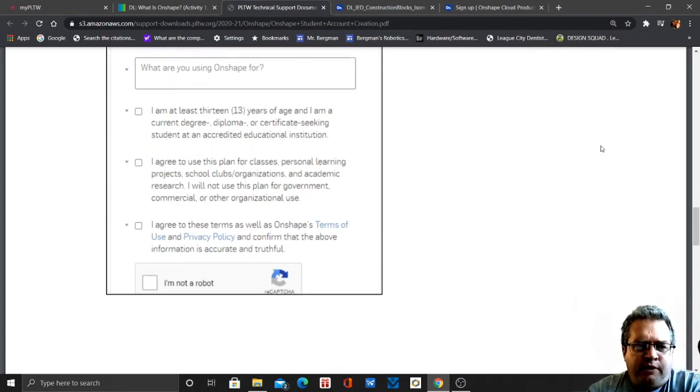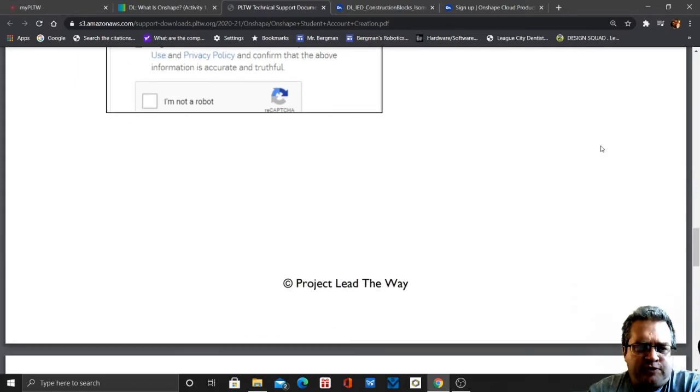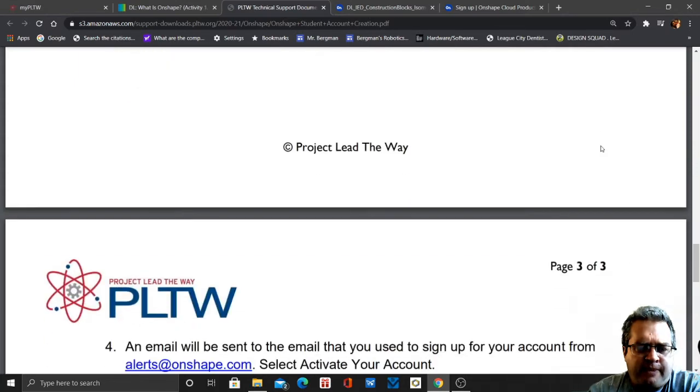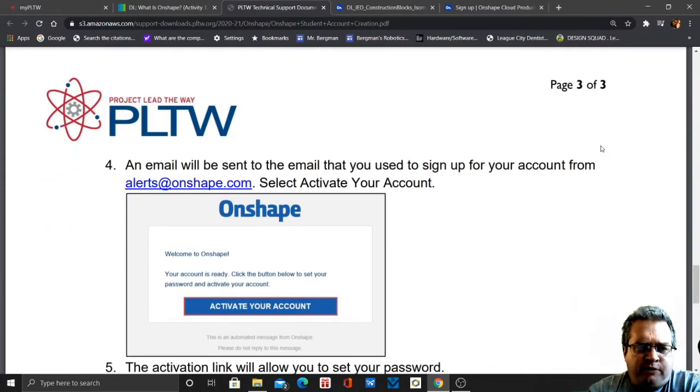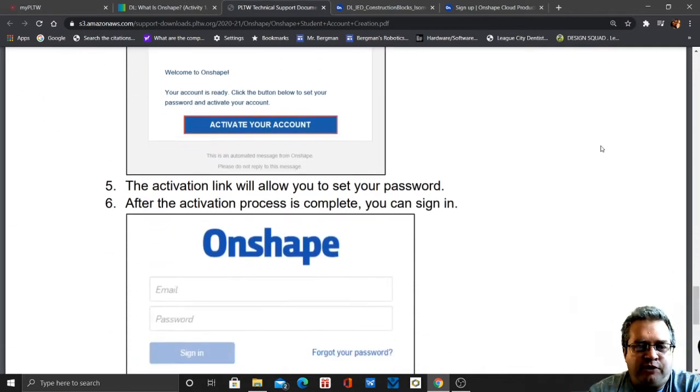And then go to your school email address, and you'll see this email from alerts@onshape.com. Click on that, activate your account, select a password that's easy to remember. I tell my students every year, ABCD1234. Just use that. Everyone use that same password. Okay, so you're going to log in with your ABCD1234 and your school email